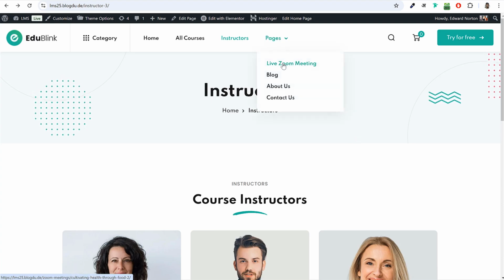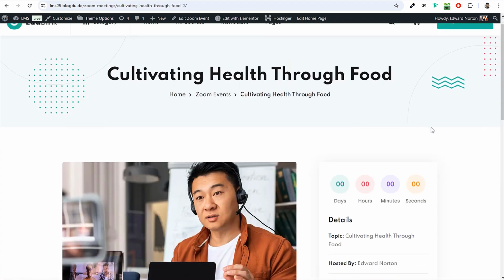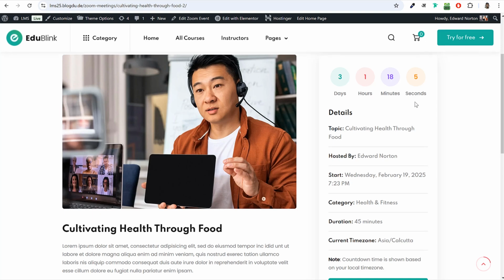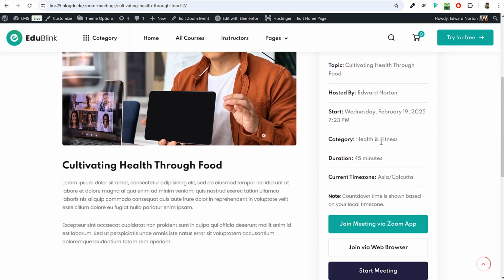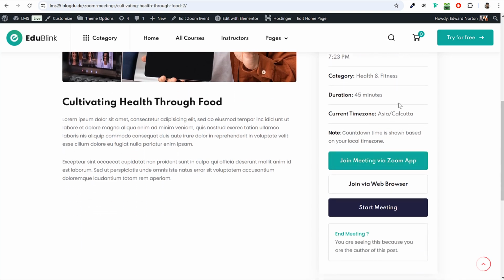For example, I'll show you how to do live Zoom meetings. You can see over here, this is a live Zoom meeting, and you can see the timer for when this meeting is going to be held, who is hosting it, what the time is, what category, and what the duration of the meeting is. Now, whenever this meeting is going on, you can simply click on a single button and you can join